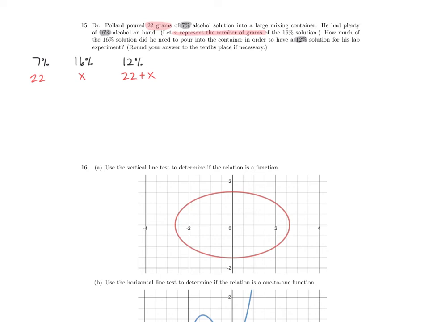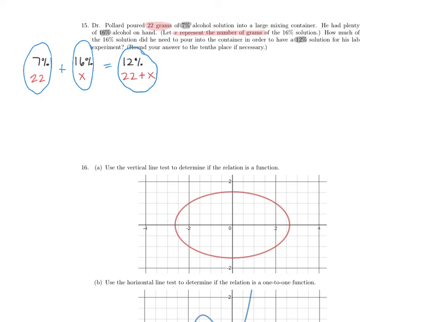So if you use 22 grams of the 7% and X grams of the 16%, the total is you're just summing that up, and that's how much total you're going to have at the end. So 22 plus X. The way you set up your equation is you multiply pieces, okay, straight down. It's the first mixture plus the second mixture gives you the final mixture, right? So the first amount of the solution plus the second amount of the second solution is equal to the total,